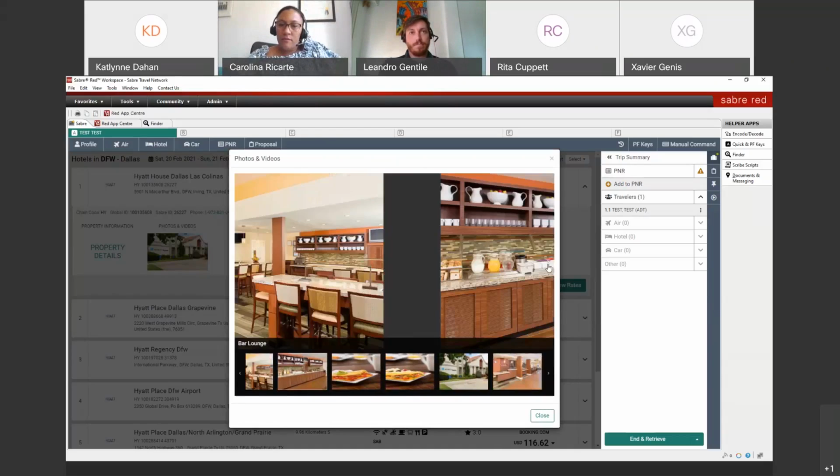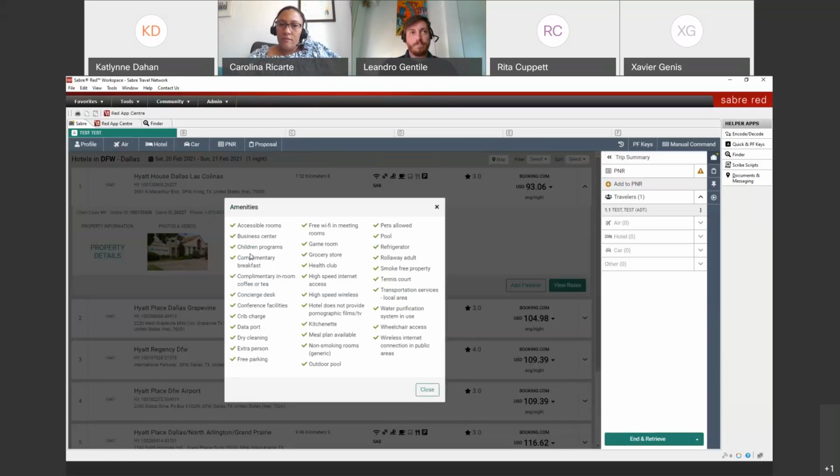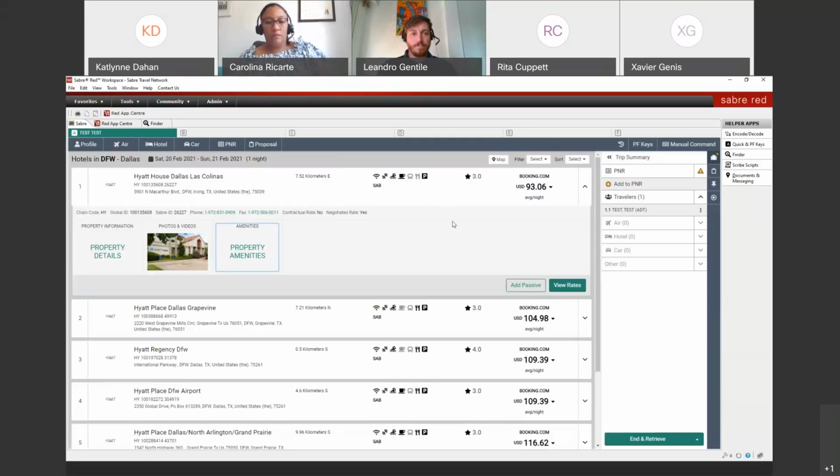So some nice images if you need a quick glance. They also have a nice little checkbox of amenities that are available at this particular property. So once again, just very convenient. A lot of data is being returned in one single location. Now, if this is in fact the property I want to continue moving forward with, I'm going to select view